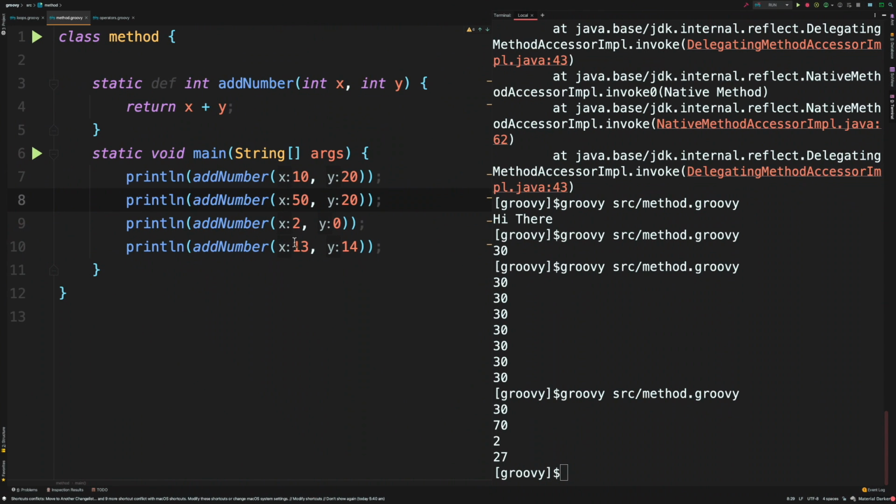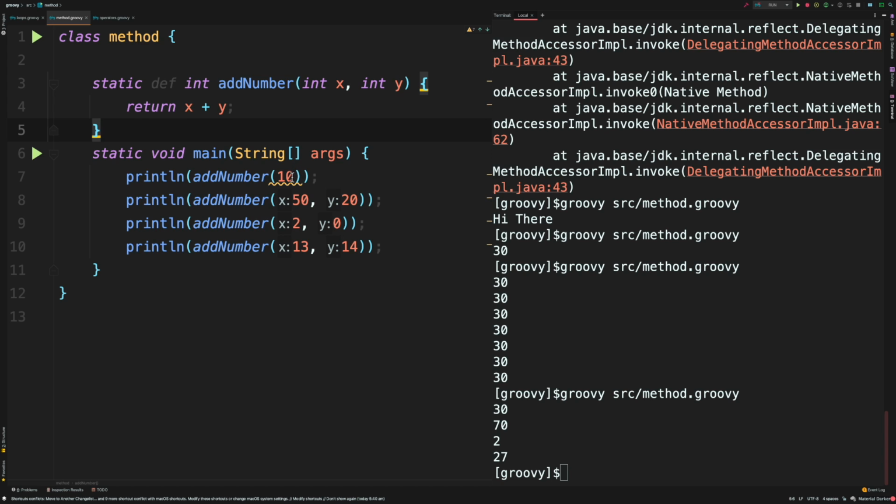So if I go back to the code, and let's just say I don't define a value for y, I'm going to get an error. It's giving me a warning. It says add number in method cannot be applied to java.lang.Integer. The reason for that is this requires 2 parameters, as you can see here, x and y. So if we don't provide 2 values to it with its type defined here at the time of calling it, it will throw an error.